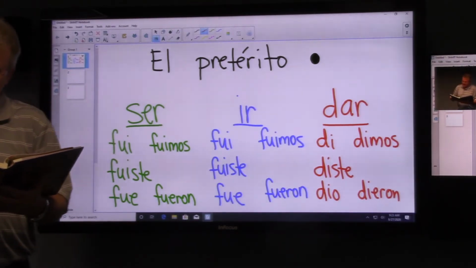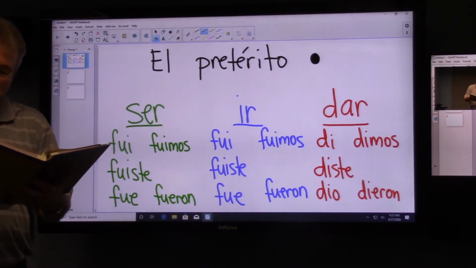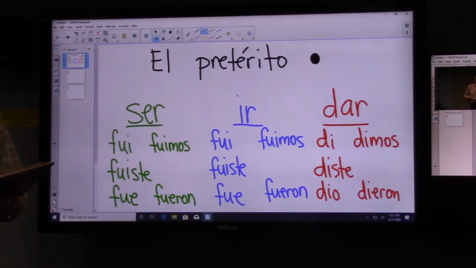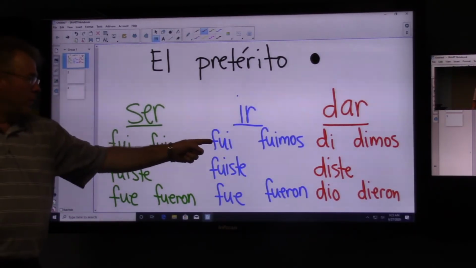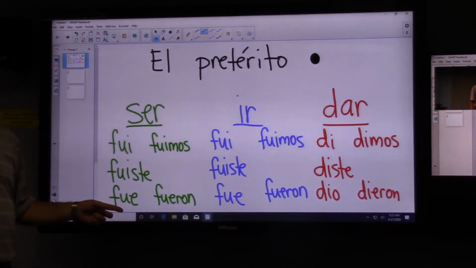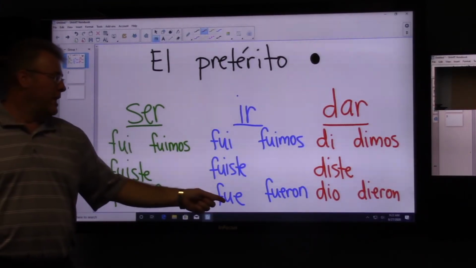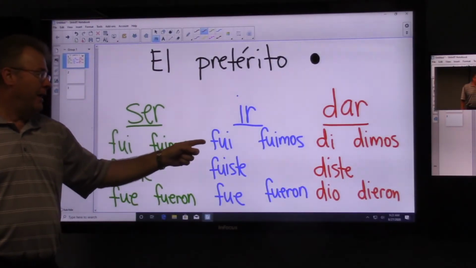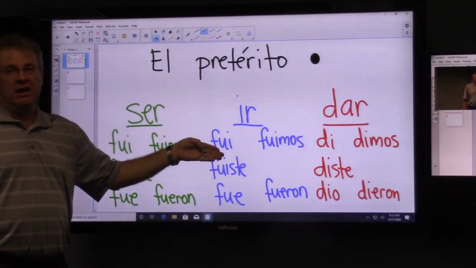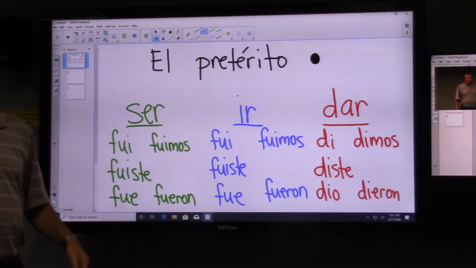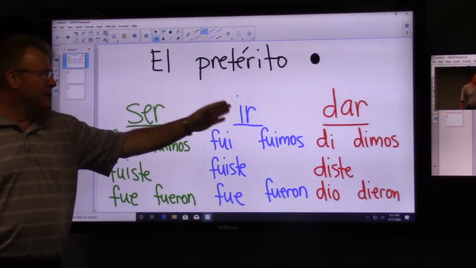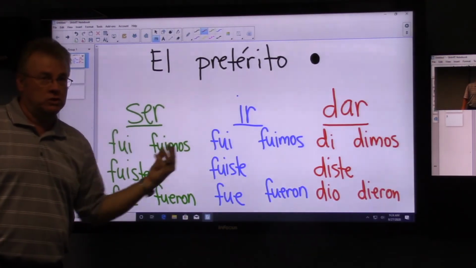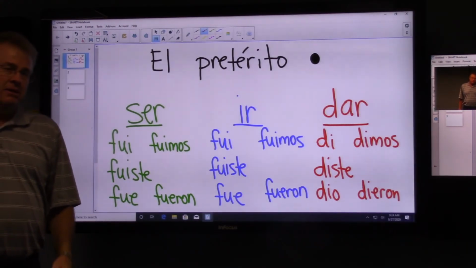And then last but not least, yes, I went. It was the best party of the year. Sí, fui. Yo fui. Fue la mejor fiesta del año. You wouldn't say, I was to the party. It went the best party of the year. No, I went to the party. Yo fui a la fiesta. It was. Fue la mejor fiesta del año. So again, it doesn't matter that ser and ir, these two verbs in particular, have the same exact words. It is by the context that we can tell the difference.